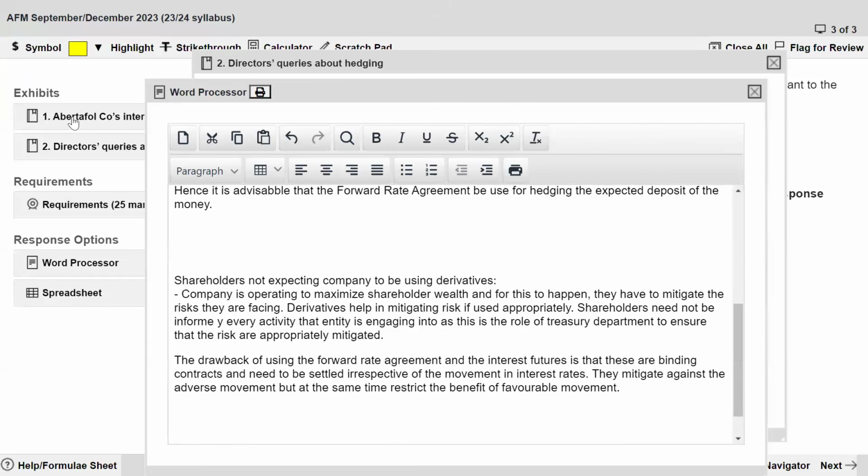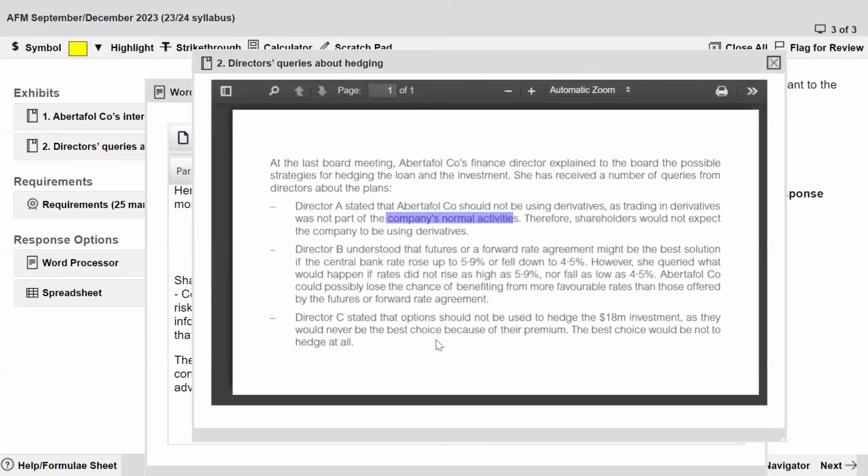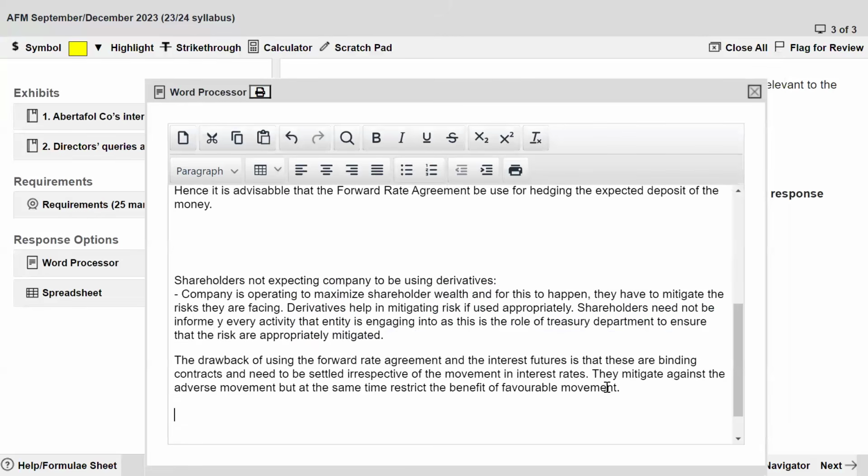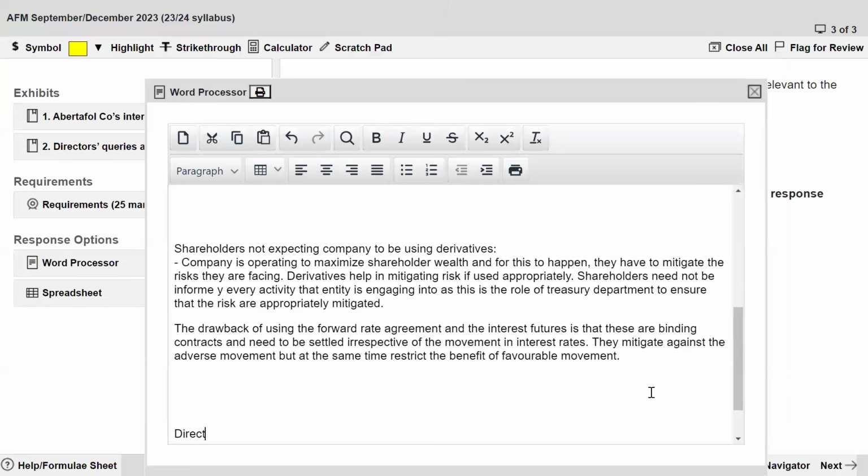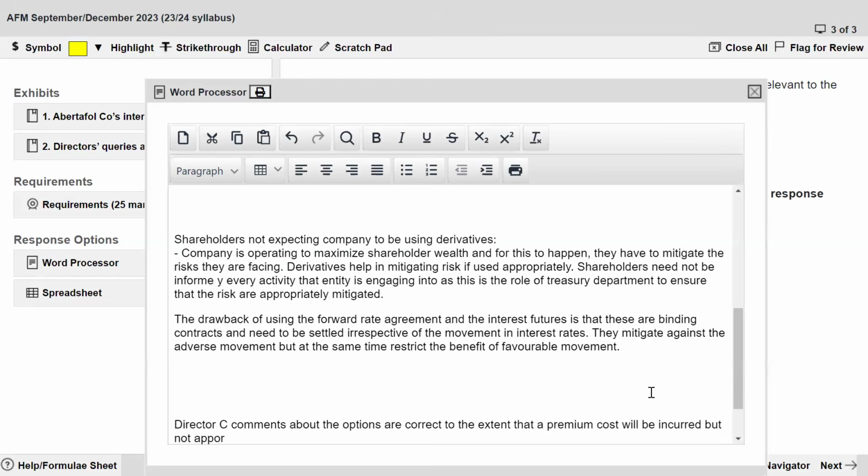Now let's talk about the third query that the director had. He stated that options should not be used to hedge 18 million as they would never be the best choice because of their premium. The best choice would not be to hedge at all. See, what happens is that Director C's comments about the options are correct to the extent that a premium cost will be incurred, but not appropriate